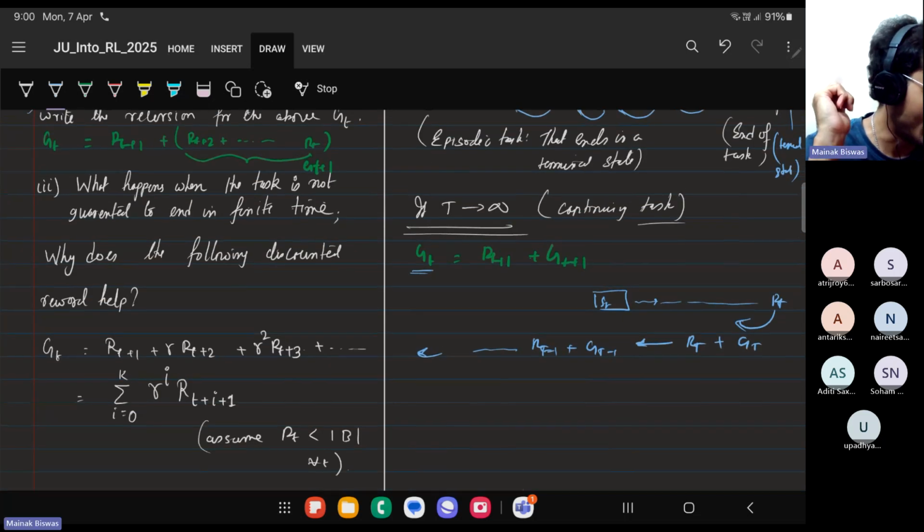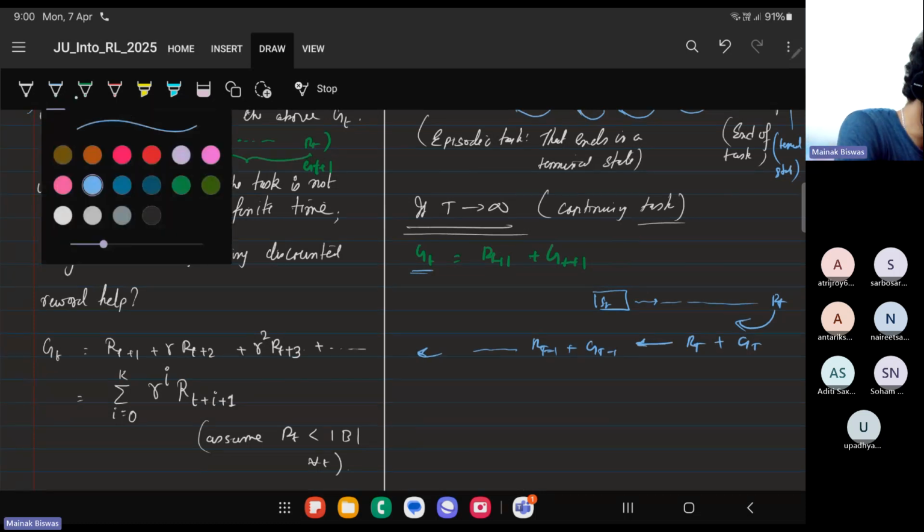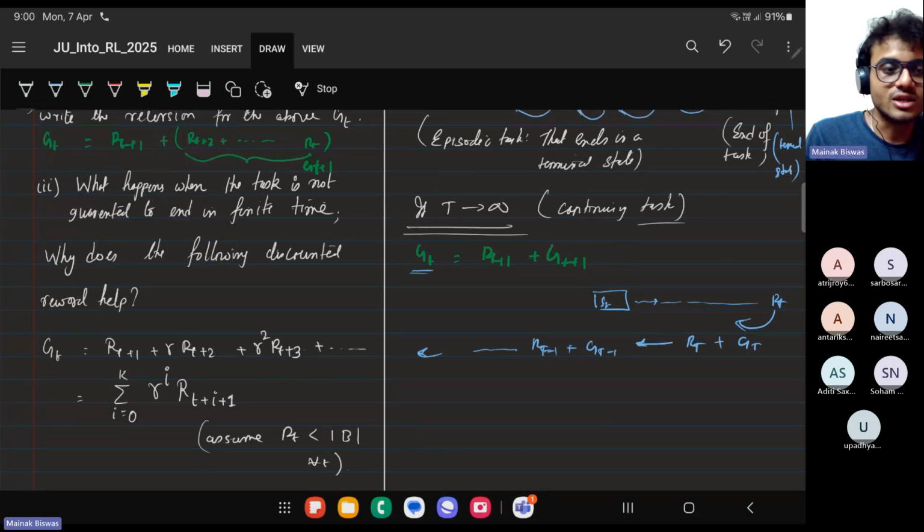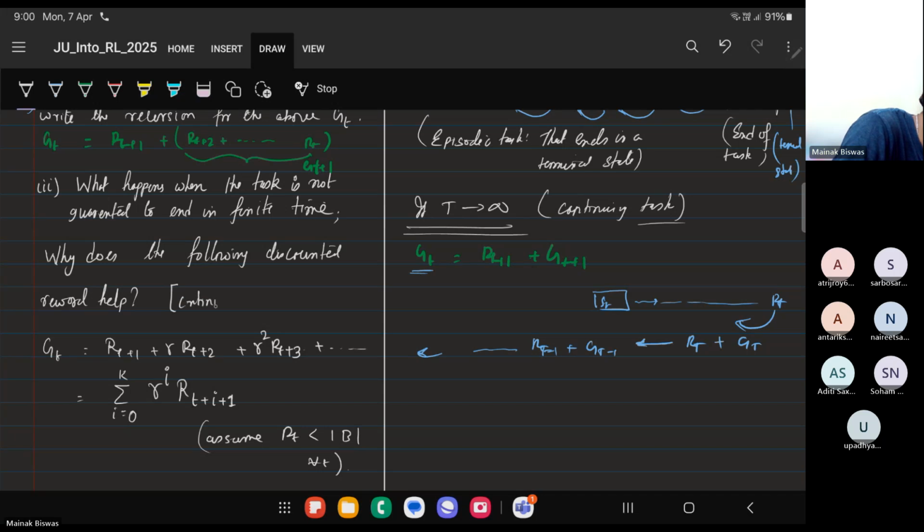Fine. So what happens when the task is not guaranteed to be finite? What you can show is, if the task is not guaranteed to end in finite time, that is the continuing task, say all RTs are finite, RTs are greater than 0,